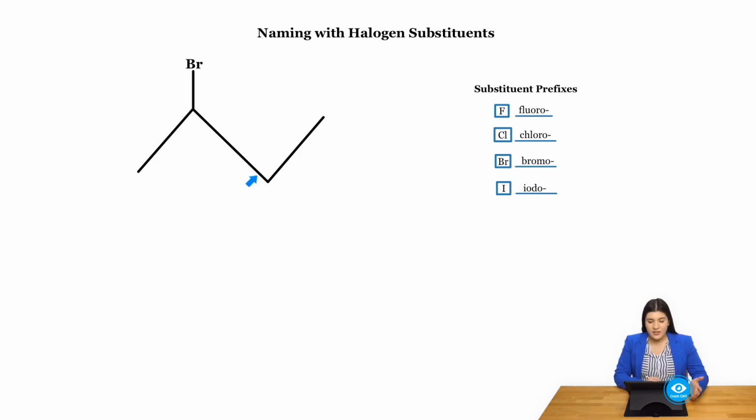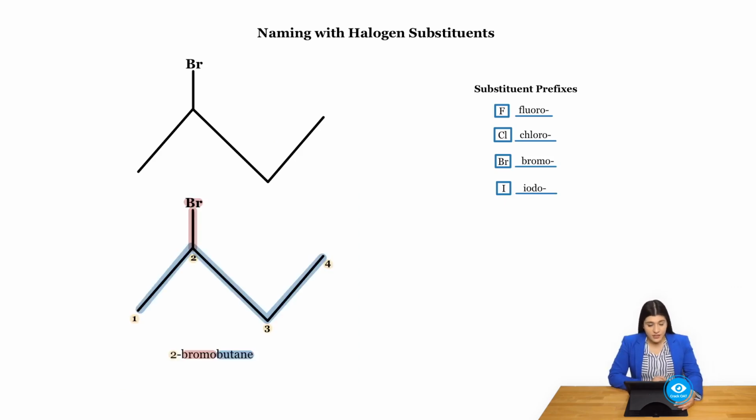Let's go ahead and apply this to this example here, where of course we're going to identify the longest carbon chain first. So identifying the longest carbon chain, I'm going to see there's 1, 2, 3, and 4 carbons overall. So 4 carbons, and remember